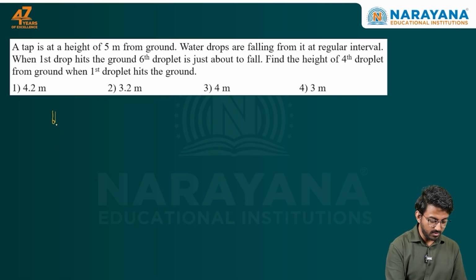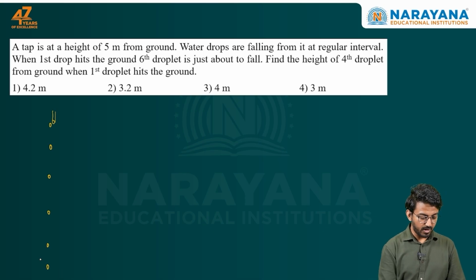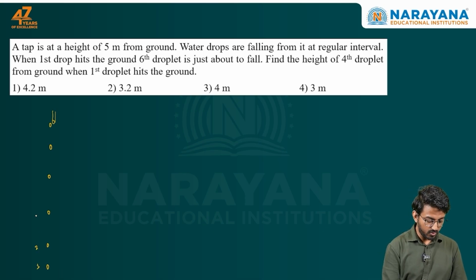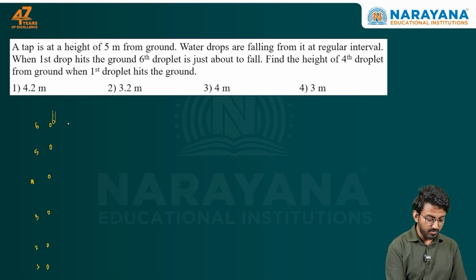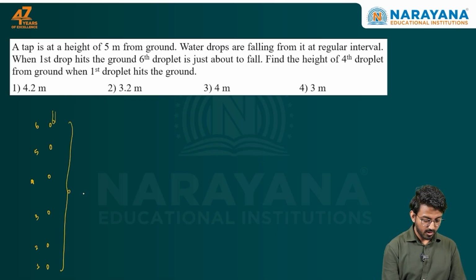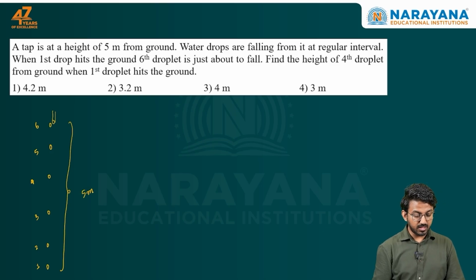And they are suggesting that one drop is just about to fall, and apart from them 5 more drops have fell till now. 1, 2, 3, 4, 5 and 6 is just about to fall here, and the height given here is 5 meter. From this what we can see that time taken for the first drop to fall is equal to